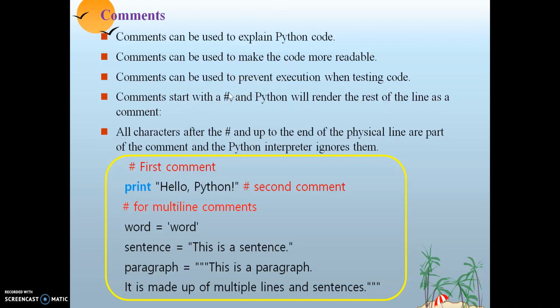Apart from that, you have one more advantage, that is, comments are going to help you in explaining the block of code or the lines of code that you write. Okay,